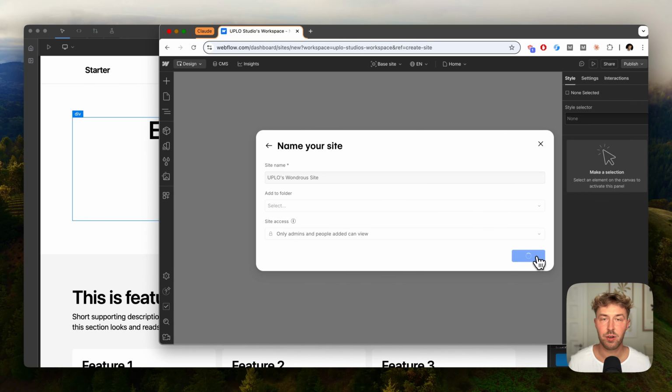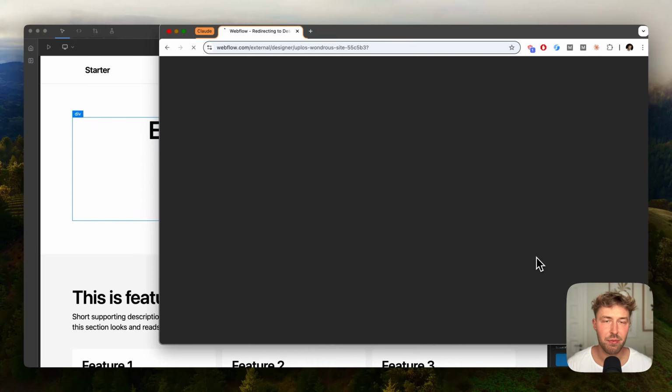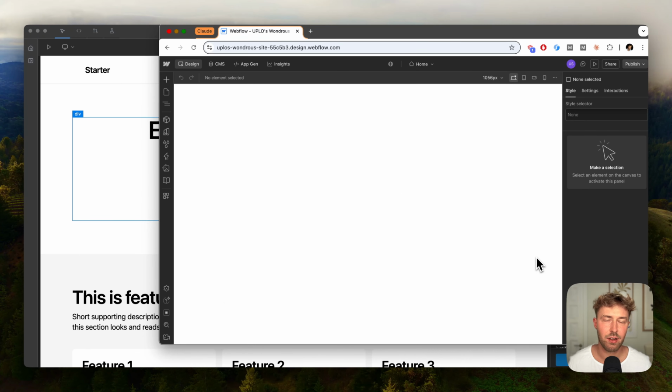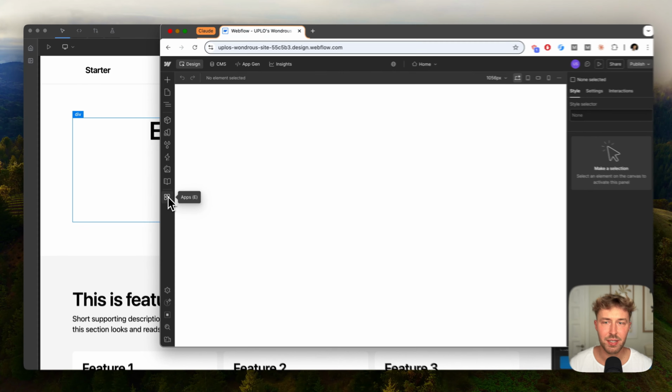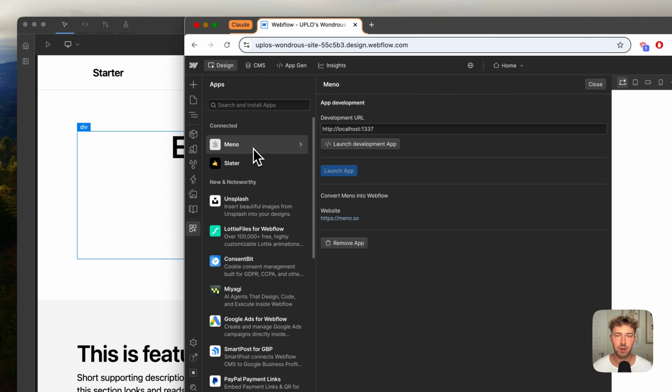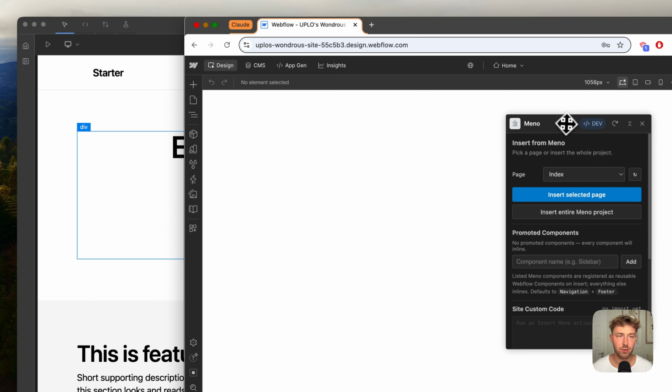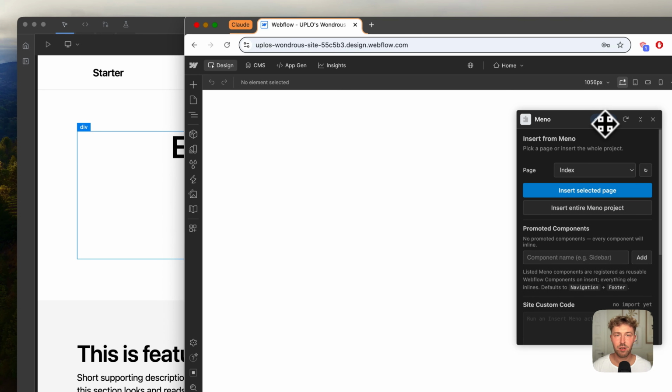So when we create a new project in Webflow, first, we need to go to our Webflow dashboard and set up there any Webflow app that will be in the development environment. So I will present it in a moment, but first let me open. So I launch development app and then click allow. And right now you can see that in the development environment, our app is